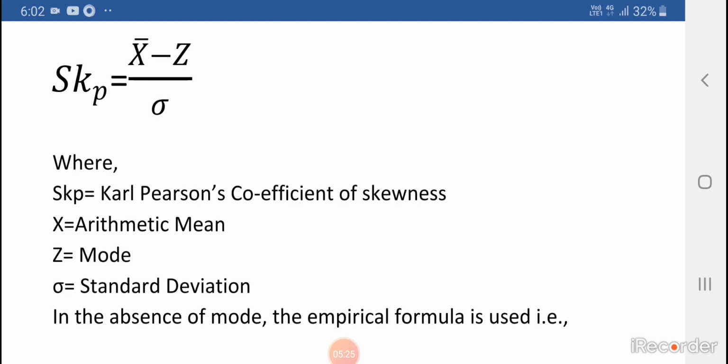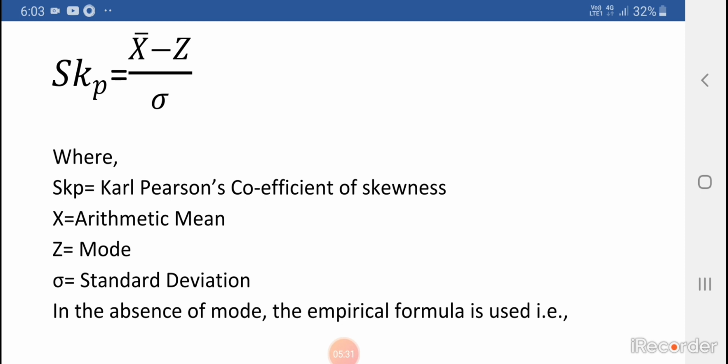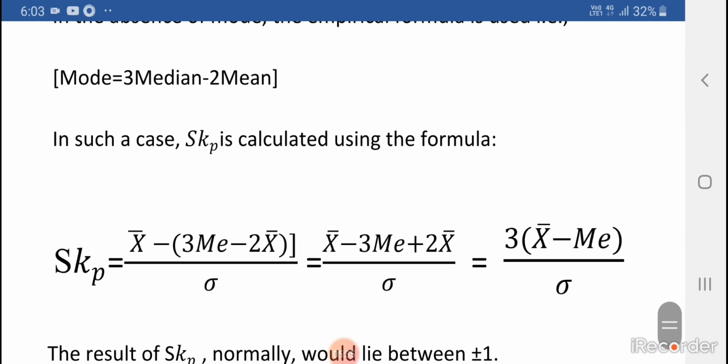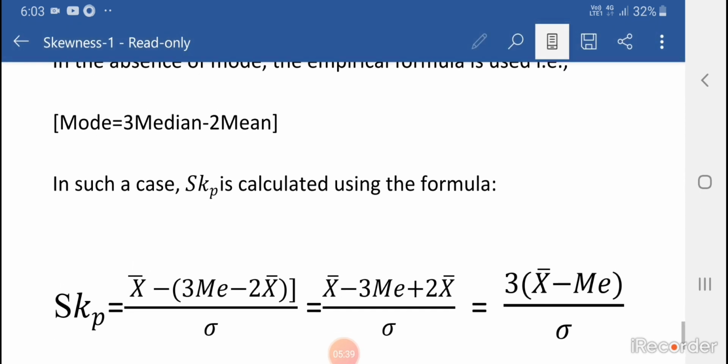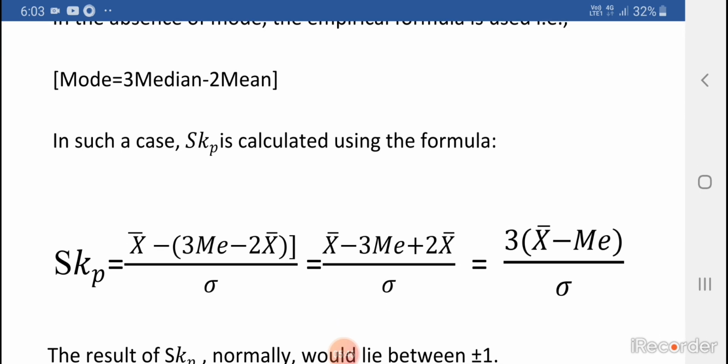But there is one thing: in certain distributions, mode is ill-defined. In that case, we have to go for the empirical formula. The empirical formula for calculating mode is equal to 3 median minus 2 mean. And in such a case, SKP, that is Karl Pearson's